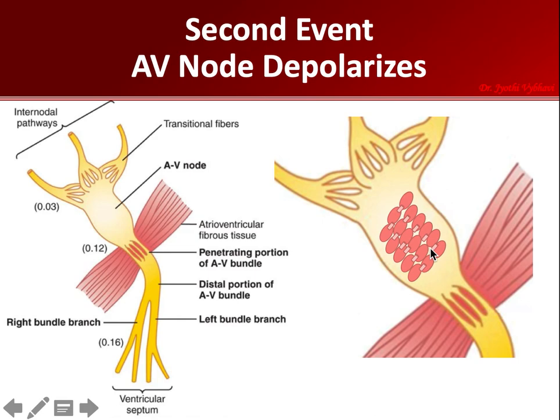So let me repeat it. How is the AV node able to conduct slowly? Because of the small size of the tissue, fewer gap junctions, because AV nodal depolarization depends on slow calcium channels, and because the resting membrane potential of the AV node is less electronegative. So the entry of positive ions into the AV node is a little bit difficult compared to the other parts of the myocardial tissue. All these reasons together make sure that the current is held up in the AV node for a few seconds. How wonderful, isn't it?